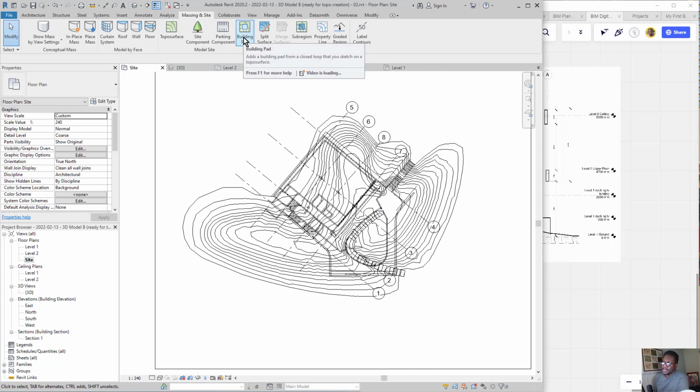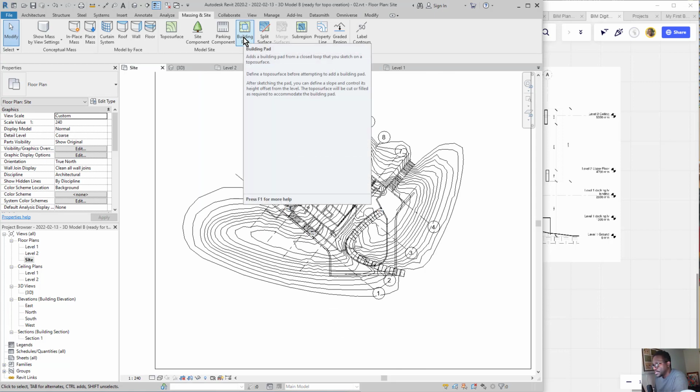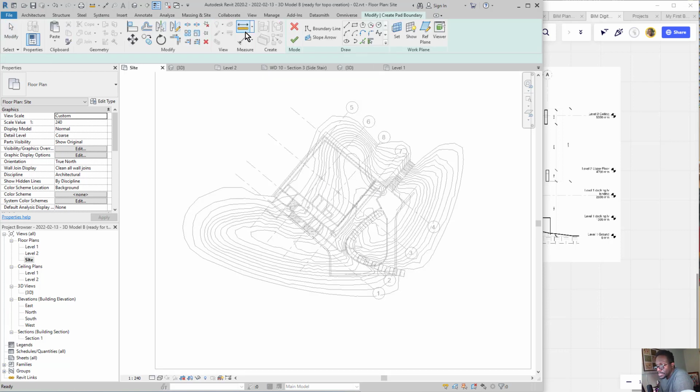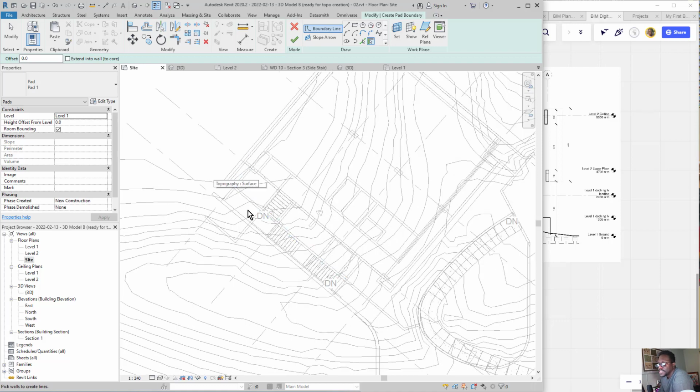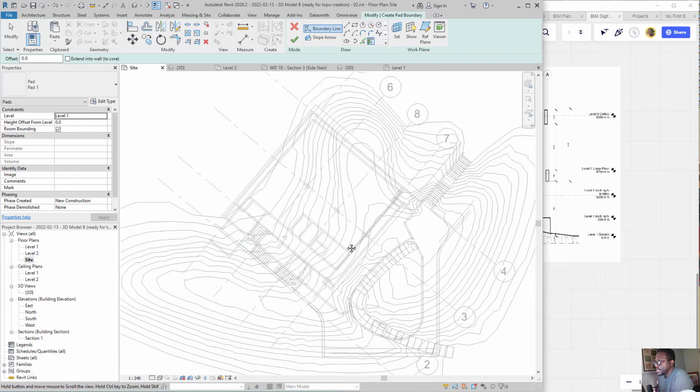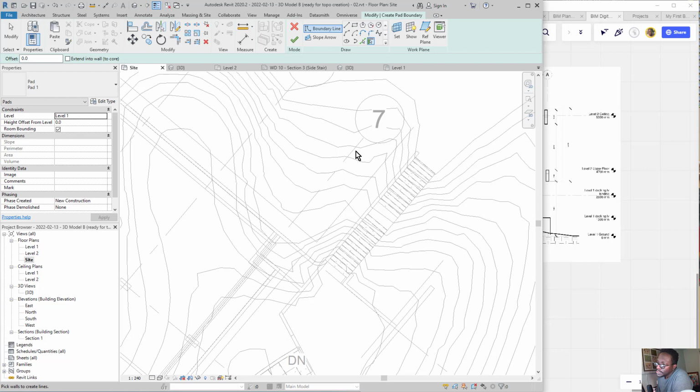And the building pad essentially is, most of us have done subtraction before, so it's basically subtracting elements of the site, as you can see in this kind of preview, and making it completely flat based on a level. So we're going to click building pad, and how this works, it's simply sketching out the area that you want to be cut, right? So